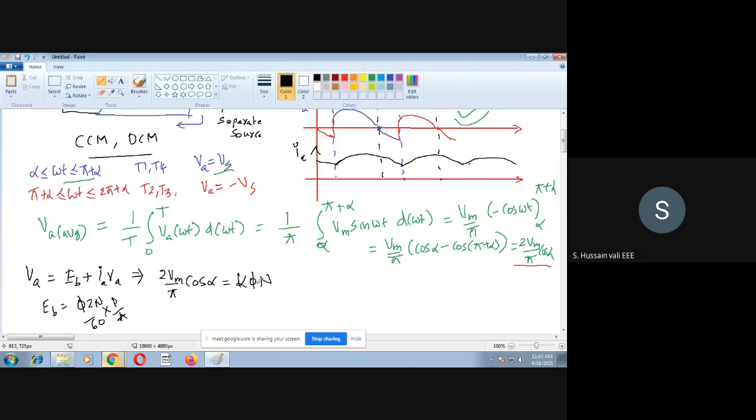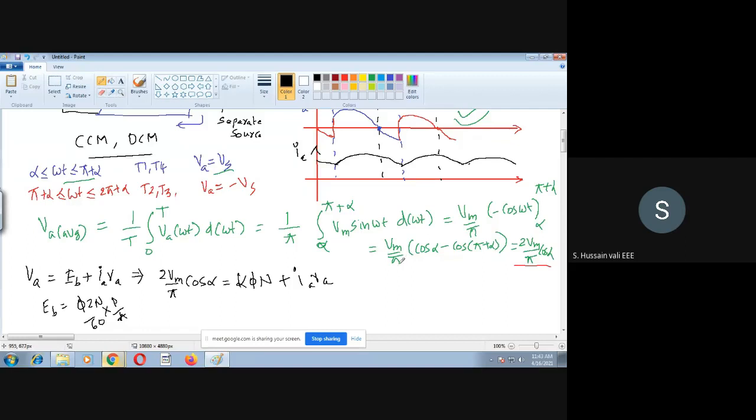So when the field is coming from a converter, the voltage across the field may be variable. It depends upon the value of firing angle also. So better take it like this: k, where k is ZP by 60A. That is k. So we can take Eb as k phi n plus Ia Ra. We will write like this only.